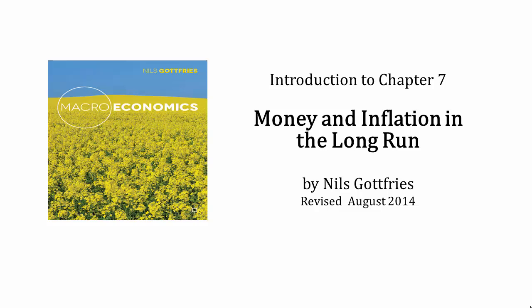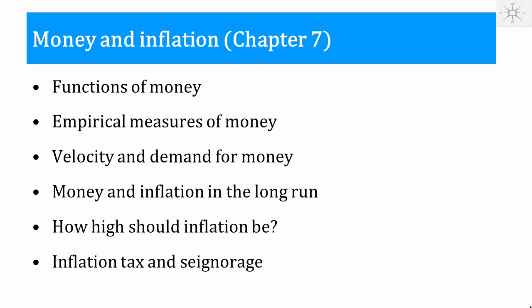So far in chapters 2 to 6, we have been dealing with the real side of the economy: production, employment, relative prices, real wages, real interest rates. Now we're going to introduce money in the picture. And by money, we don't mean wealth in general, we mean transaction balances. We mean money that is used to make payments.